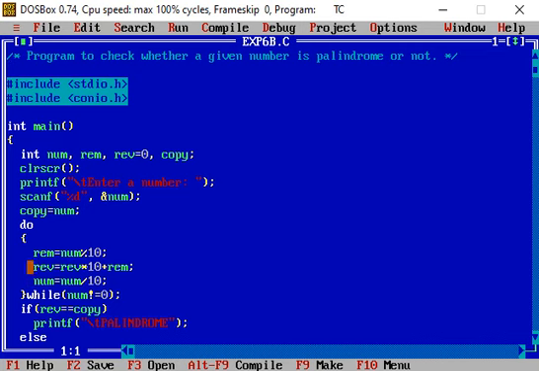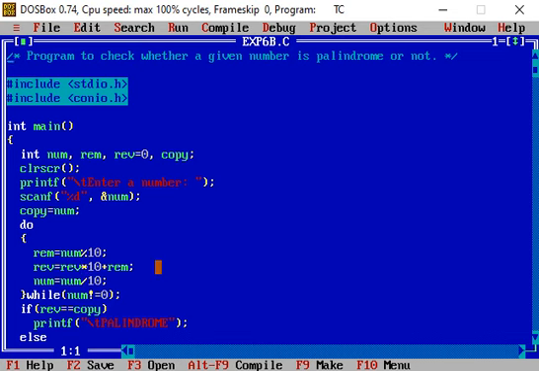After executing the last statement of the do while loop, the condition is tested, that is written after the while keyword: num not equal to 0. If the condition is true, again the body of the do while loop is executed, and again we find the remainder. We separate the last digit from the number we obtained, and then rev equal to rev star 10 plus rem.